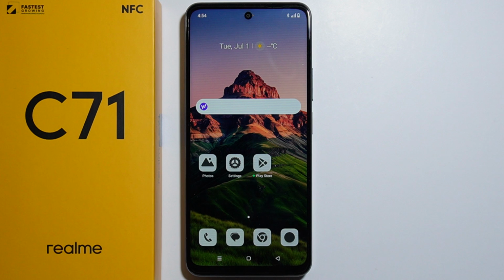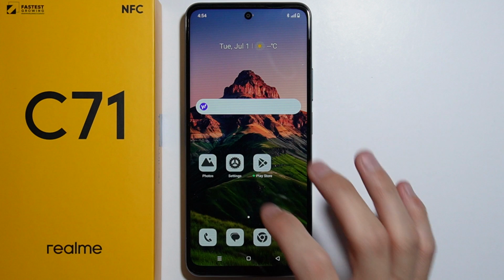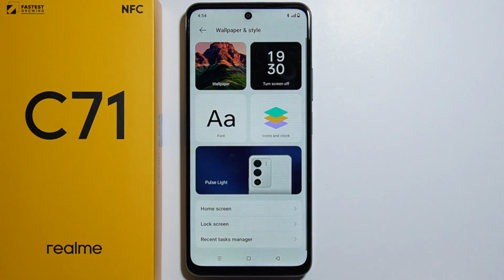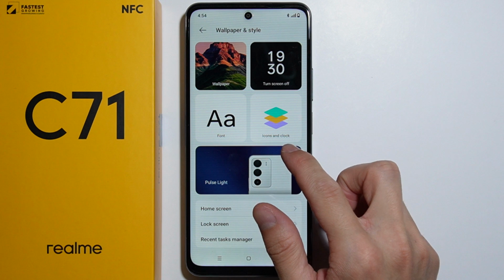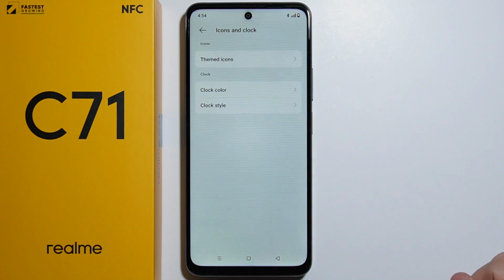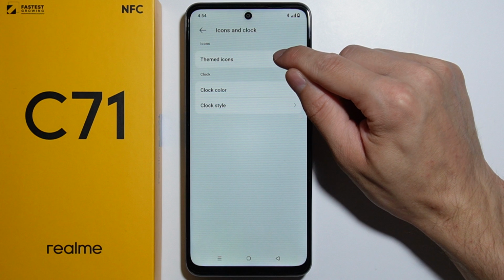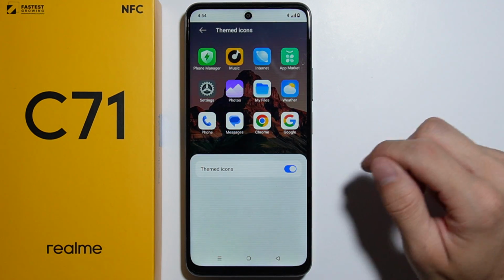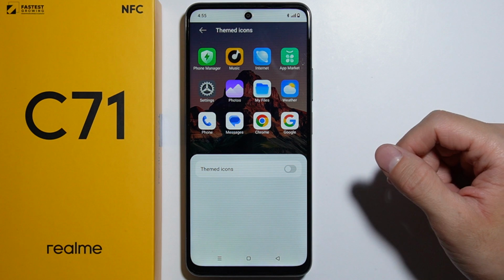To change icon's color on the Realme C71, first of all you will have to go for the settings. From here, go for the wallpaper and style, and as you are here, you can find these icons and clock settings, so let's go in there and go for the themed icons. And here I currently enabled this option, but by default it is actually disabled, so you will have to press